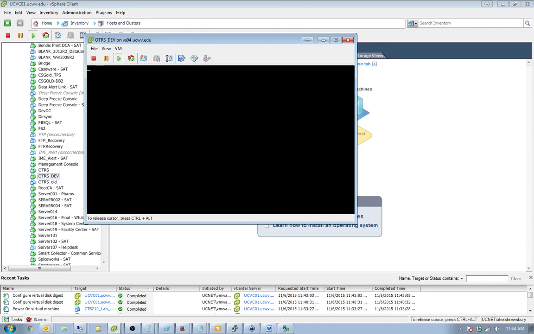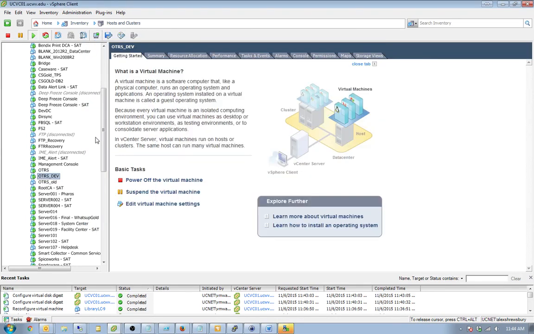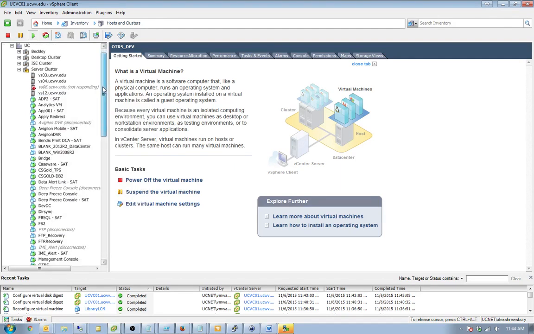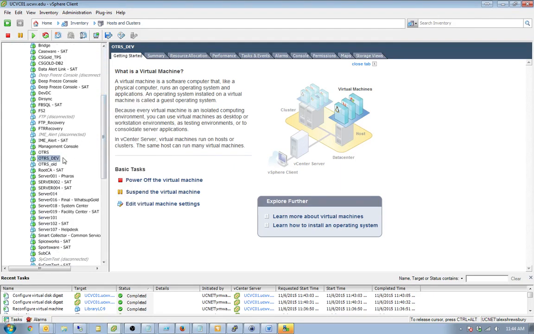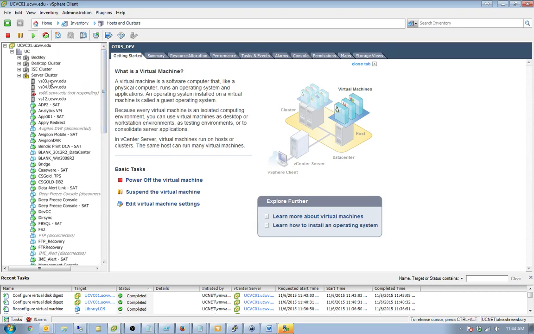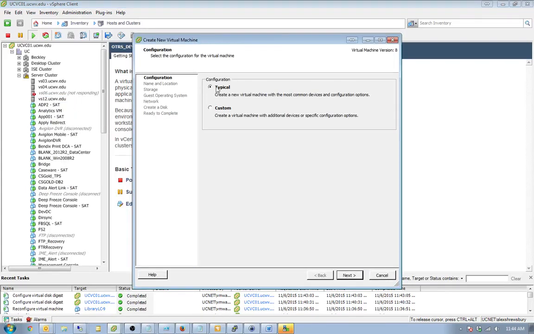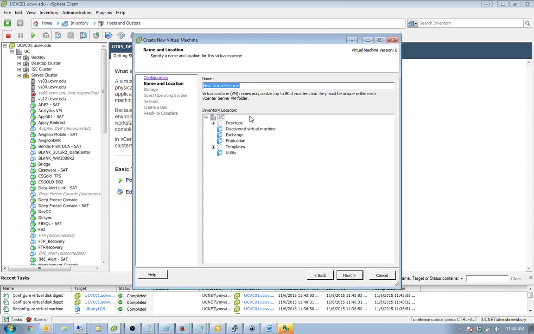And I'm just going to halt it. So while that's going down, let's go ahead and make a new OTRS server. Let's say that this guy, it's broke. Something happened, but I've got that back up. So let's take a disaster scenario here,